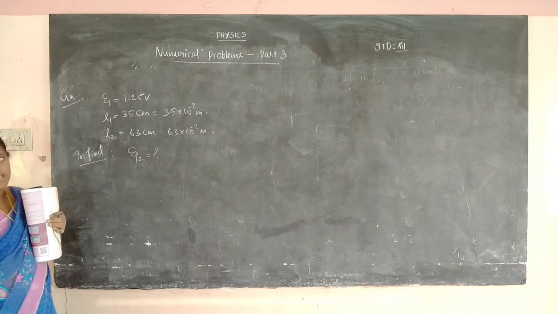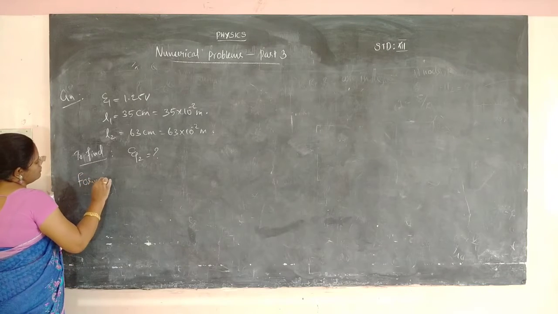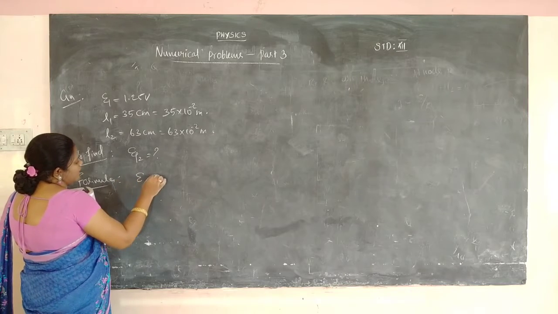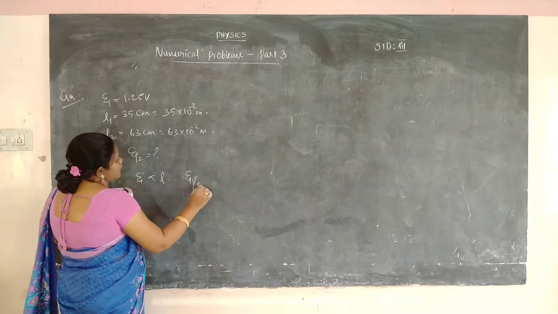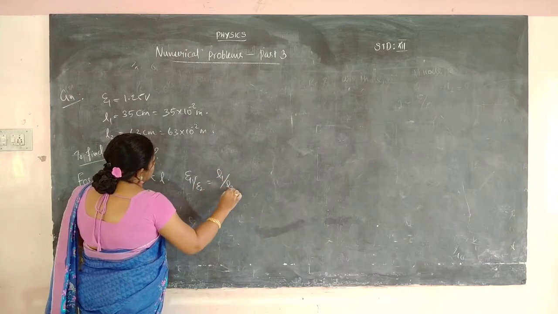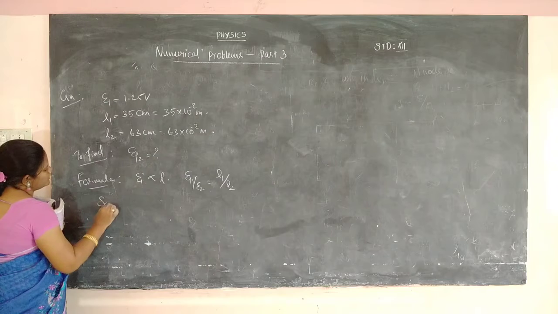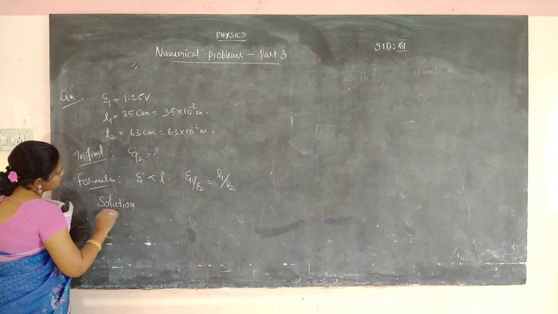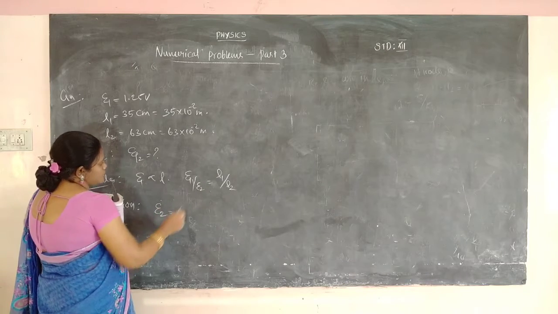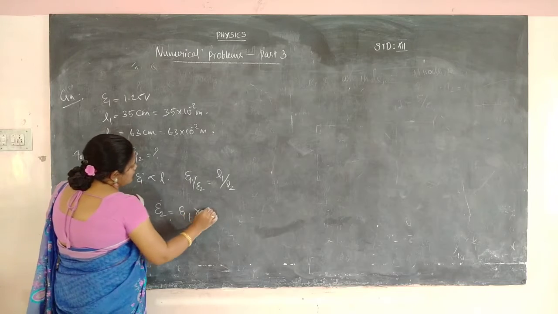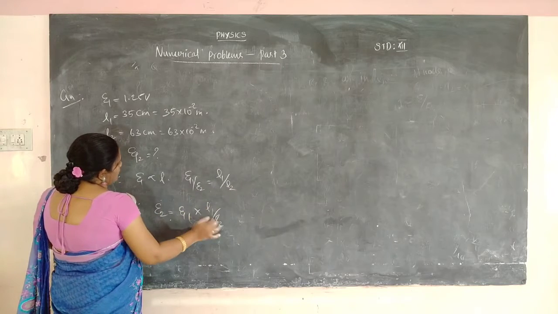Okay, so we want to calculate the ψ2. So in the potentiometer experiment, formula is ψ, it will be directly proportional to length. So ψ1 by ψ2 is equal to L1 by L2. This is the formula. Okay, we want ψ2. So solution, ψ1, we want ψ2. So ψ2 is equal to ψ1 into L2 by L1, because ψ2 அங்க கொண்டு போயிட்டீங்க.